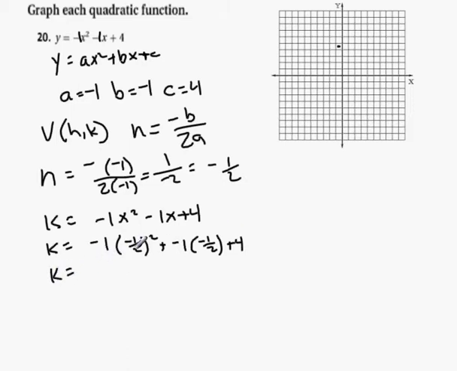Performing the order of operations, multiplication first. -1/2 times -1/2 is a positive 1/4. Negative times a negative is a positive, so that's plus 1/2 plus 4. Multiplying -1 times 1/4, I have -1/4 plus 1/2 plus 4,